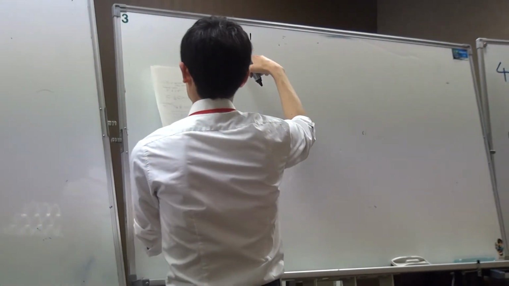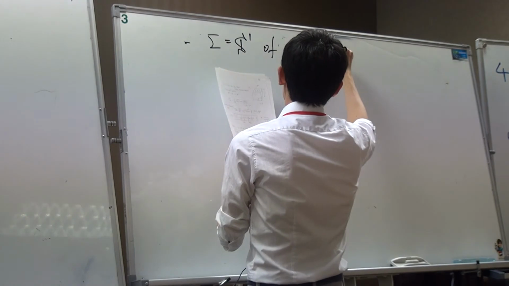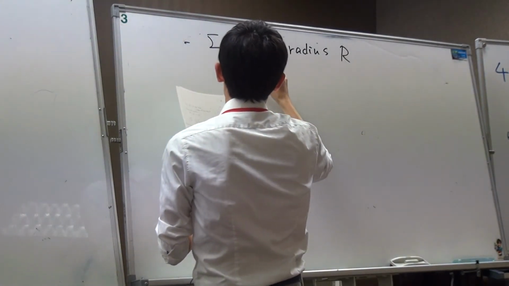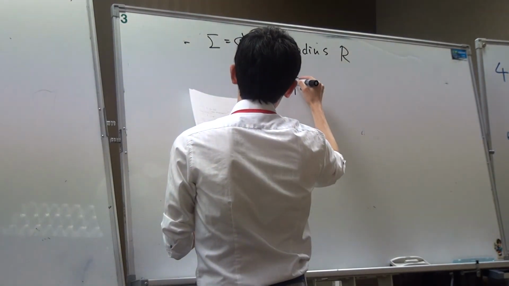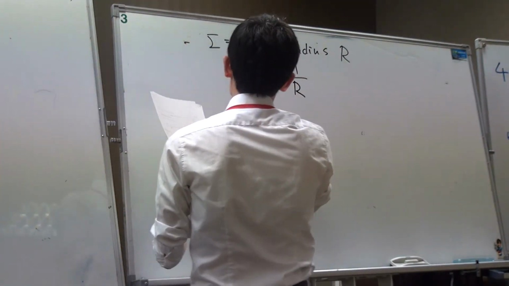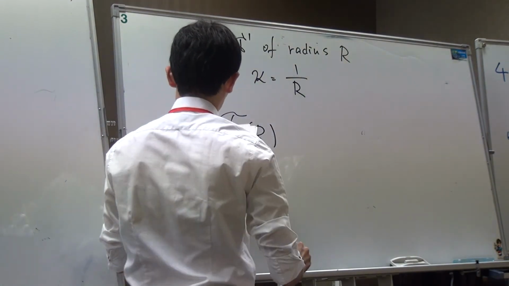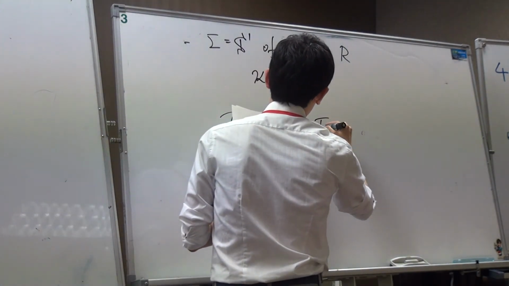So sigma times S1 is now S1 of radius R. Then kappa is 1 over R. And if you plug this expression into the definition, then the renormalized entanglement entropy turns out to be